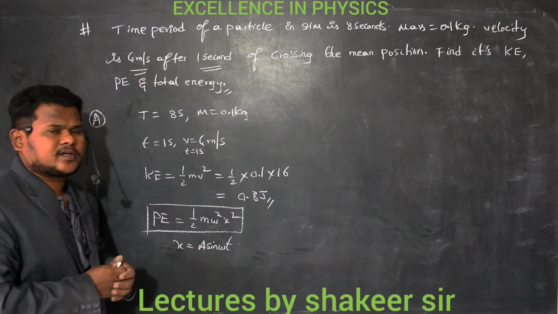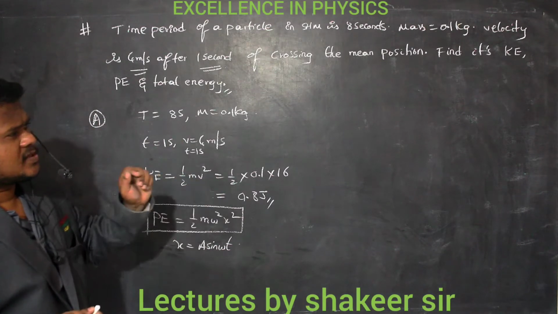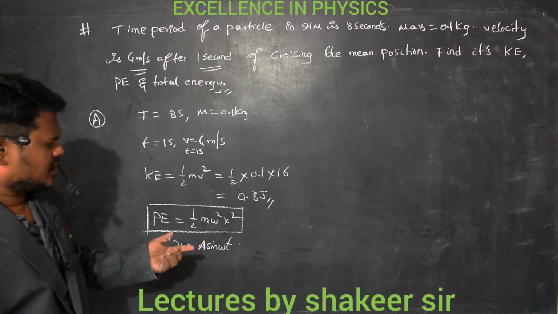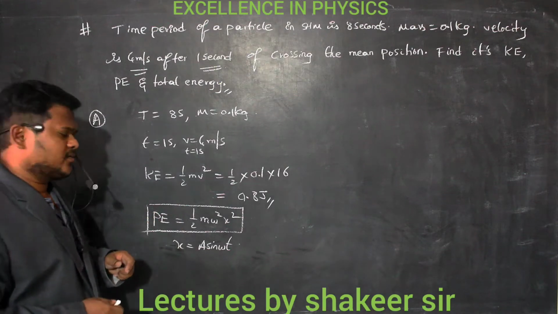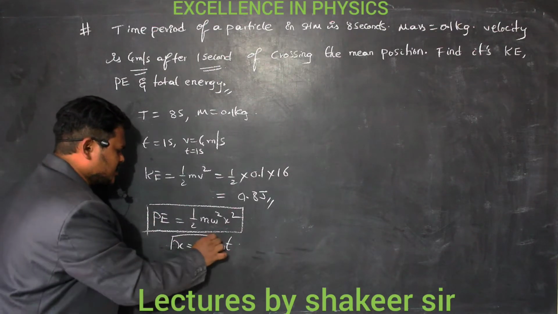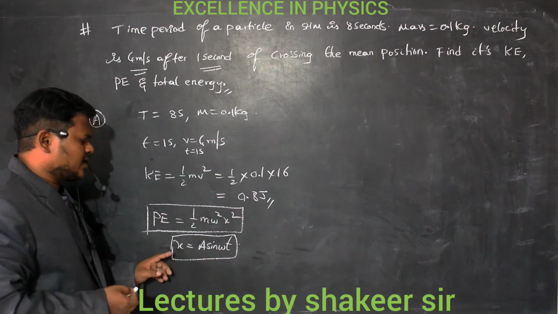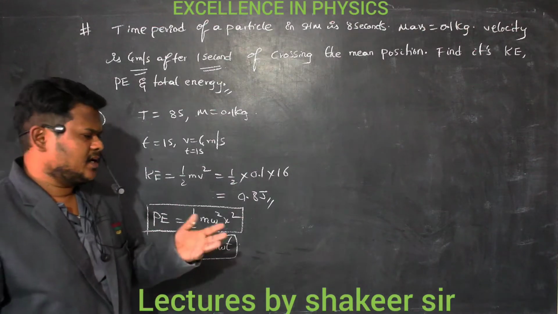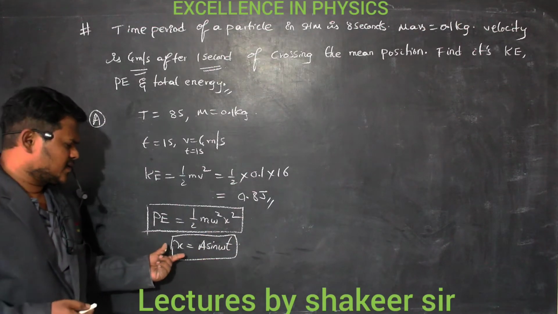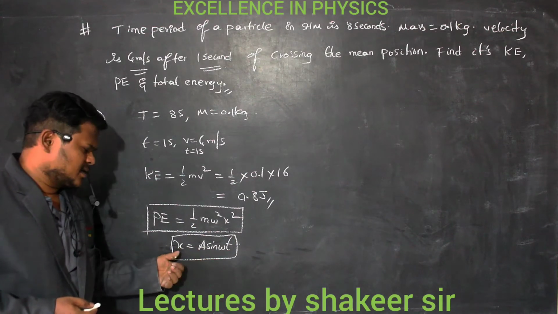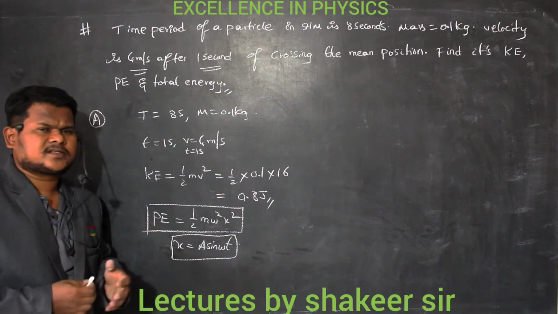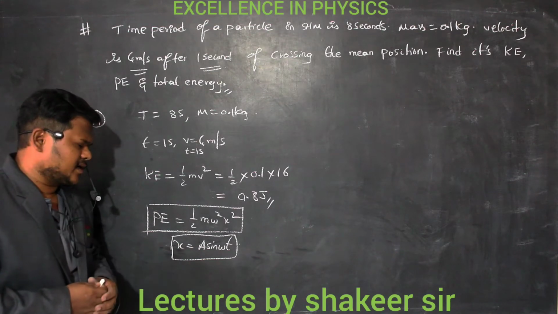But again we have a problem here. A value is also not given. Amplitude of motion is also not given, no? So first of all, let us try to calculate amplitude. Can I calculate amplitude with this equation? I cannot, because in this equation I have two unknown quantities. X is an unknown quantity, amplitude is also an unknown quantity. So definitely I cannot find it out.